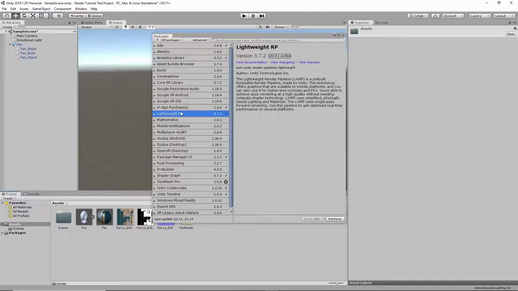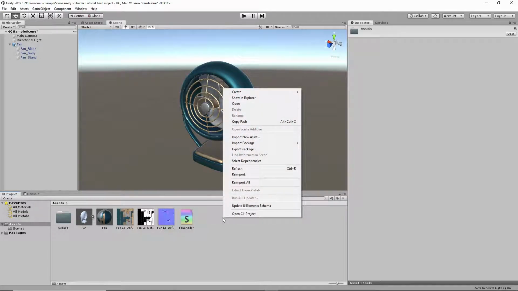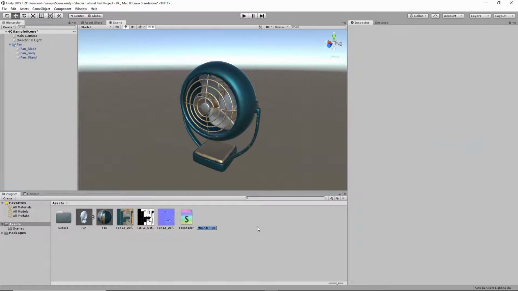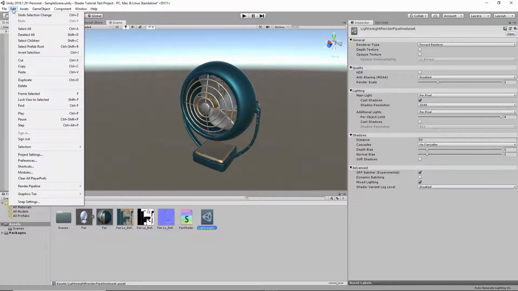Okay, so now that we have lightweight render pipeline installed, I'm going to show you how to set this up. So click out of the package manager. First thing you want to do is right click your project window, go to create, rendering, lightweight render pipeline, pipeline asset. So you just hit default. You can name it whatever you want, but this is basically the pipeline asset, and we have to hook that up. So go up to edit,